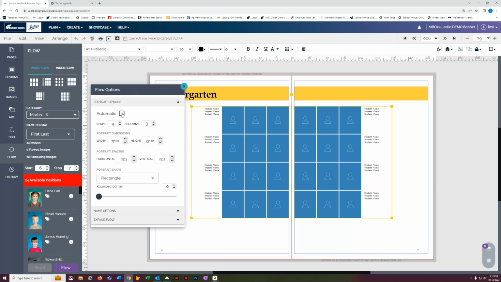When you first have a template on there and you open the flow options, this automatic will be checked and you want to uncheck that so you can manually resize these image boxes and how many rows and columns you put on here. Because if it's clicked on automatic, it tries to fill the page with them. So I'm going to need